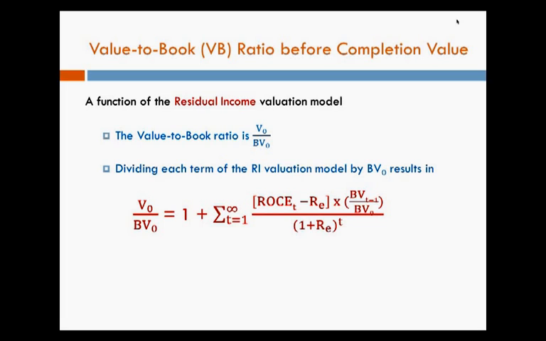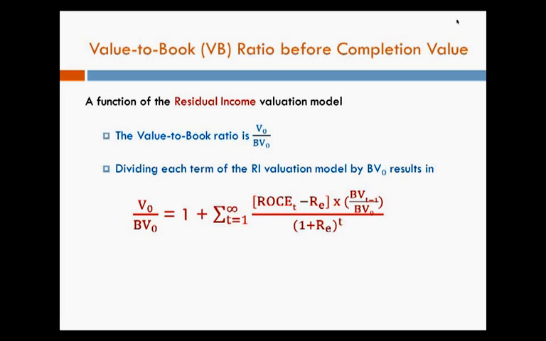Notice that the value to book value ratio starts at the number 1. Right? It's 1 plus something. And all this is, it just took our valuation model and divided it by the book value. So it took our valuation model for the residual income, the one we just did this morning, and divides it by book value, and this is the result of that division. So in other words, it starts at 1. Value is equal to book value at 1, plus